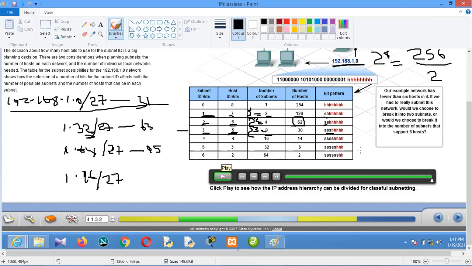So the first network is going to be 1.0/26. So the next network is going to be 1.128. That's what we did before, because if you divide this, you're going to have 128. So the same goes for